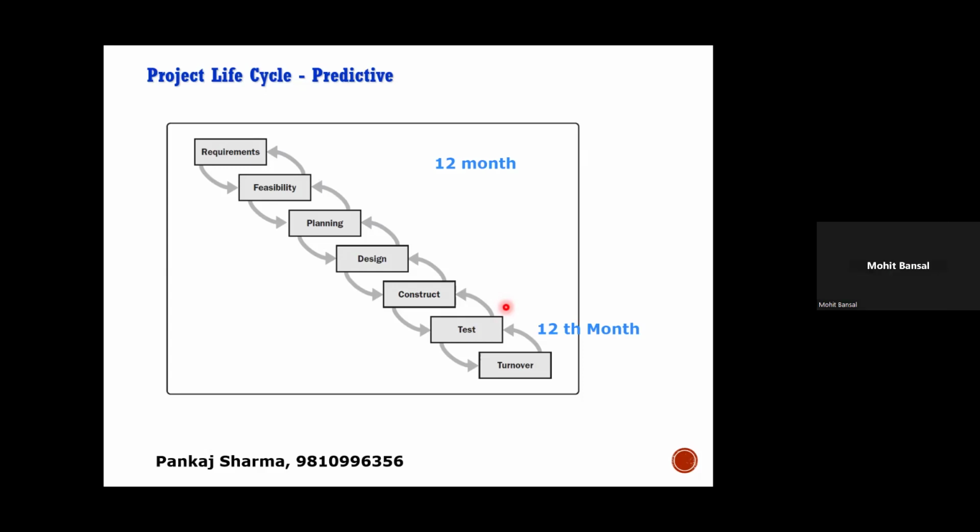Now, but again, the moment the level of uncertainty starts increasing in terms of technology or requirements, and the duration of the project starts increasing, then this model will not work very well in those situations. Are you getting my point? Are you following, guys? So what to do if the level of uncertainty is high and the project sizes are big?